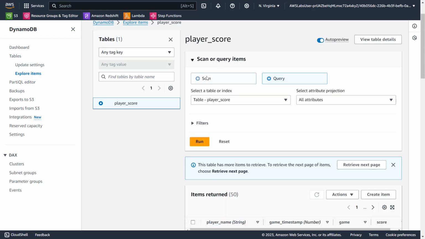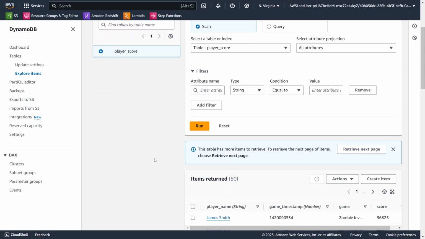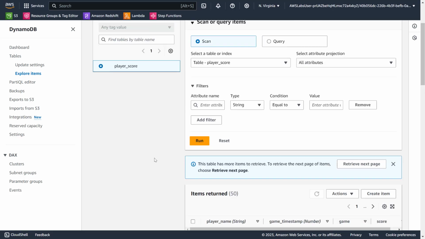So let's click on scan. Same thing, filter first, they picked an attribute. Okay, why is it a different table? No, it is the same table, right?